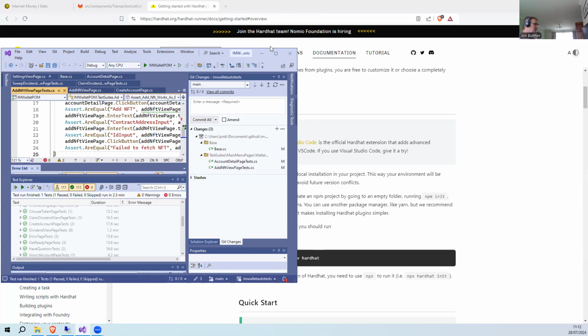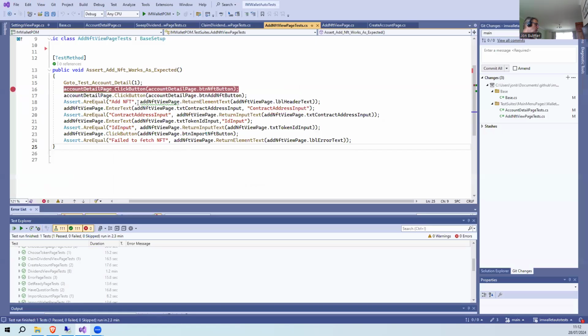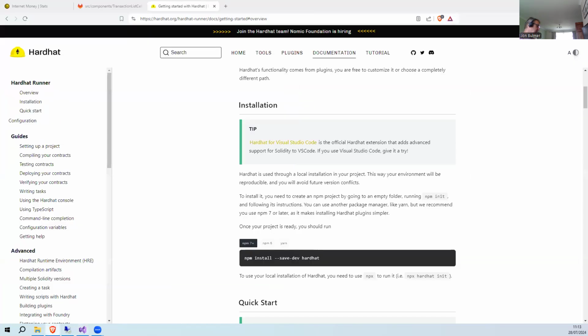We can build on the tests. We can start to put other tests in here that will check to see if we've actually got any NFTs and the like. Having got to that point, I can go onto the marketplace, find NFTs and put things on there. But to actually own an NFT and see that we've got there, what I'd like to do now is go through and create a collection.